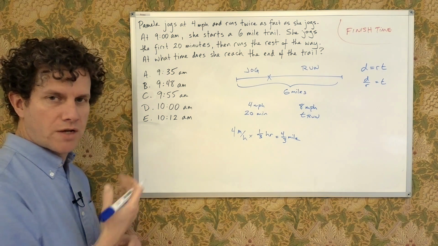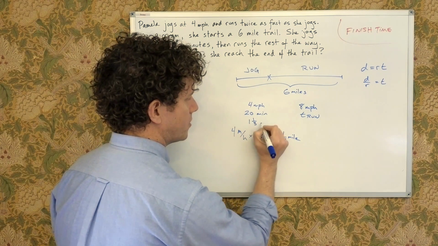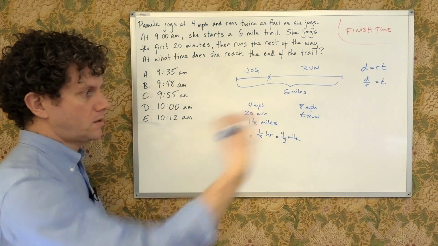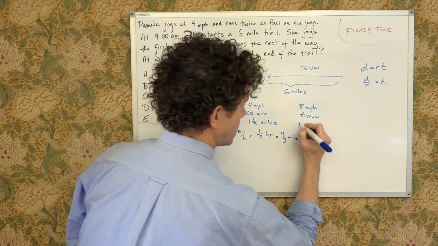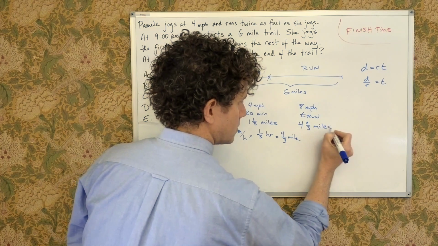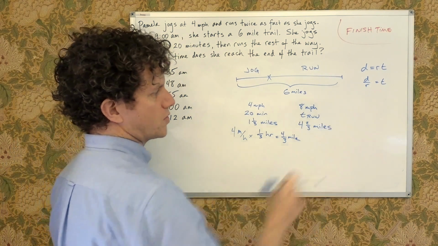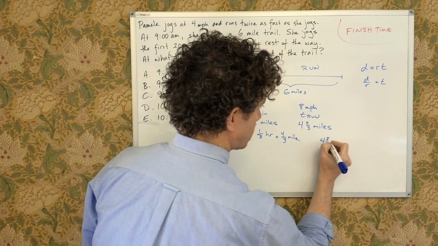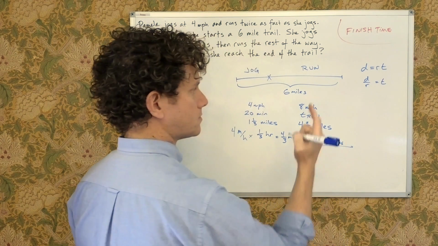A little unusual, not super crazy. We could leave it as an improper fraction. Might be a little bit easier to think in terms of 1 and 1/3 miles. Okay, then what remains on the other side? We can do this subtraction, and remaining over here is 4 2/3 miles. Super. We can now solve for time, no problem. What is our distance? That's our numerator, 4 2/3 miles. What is our denominator? 8